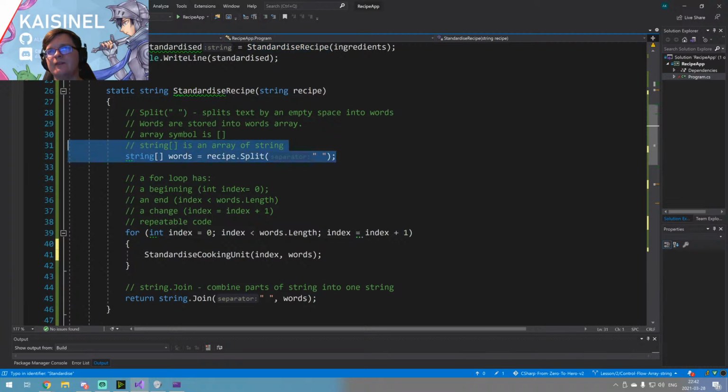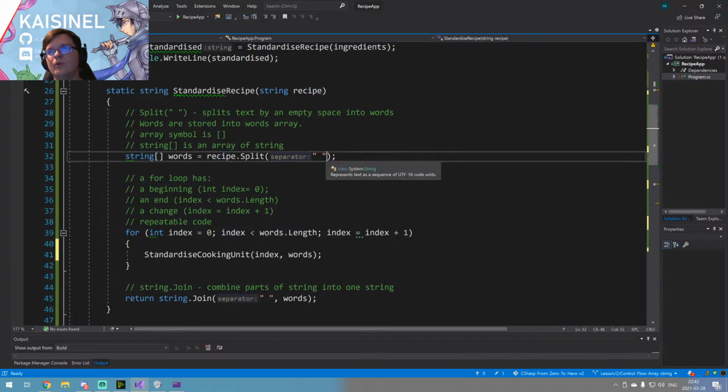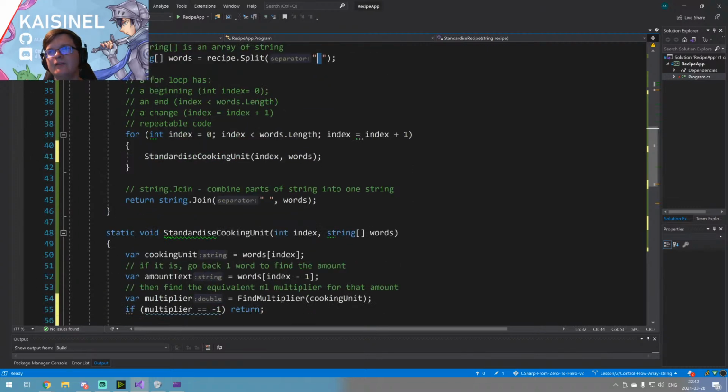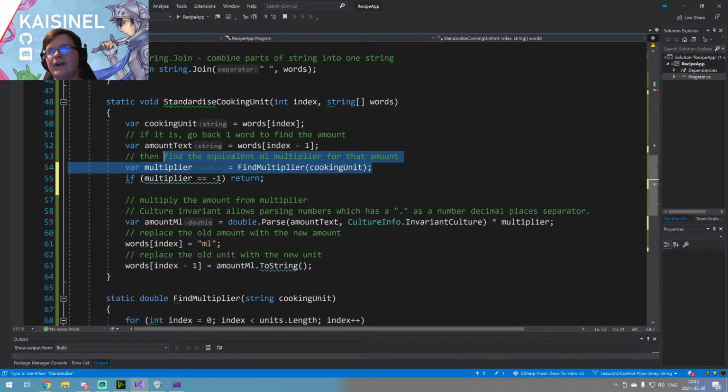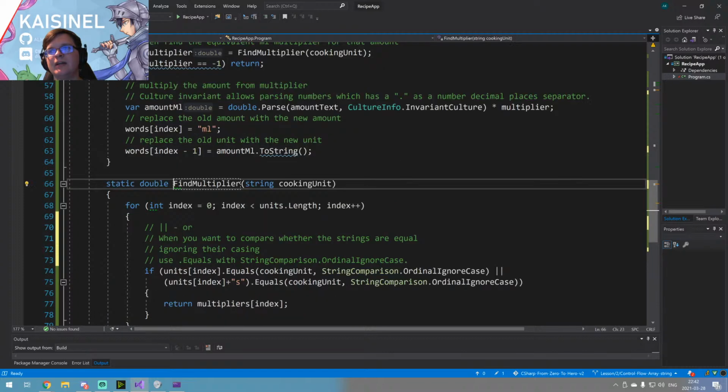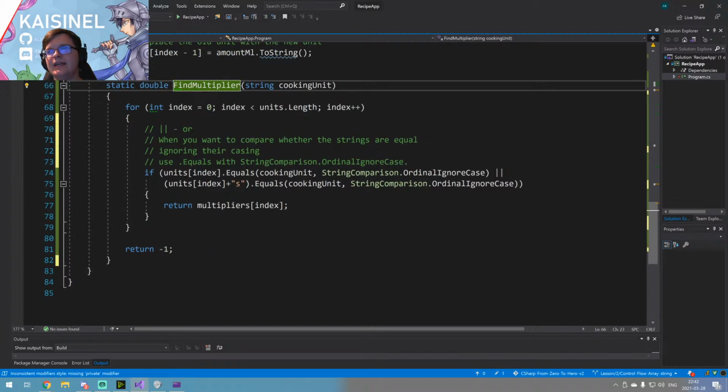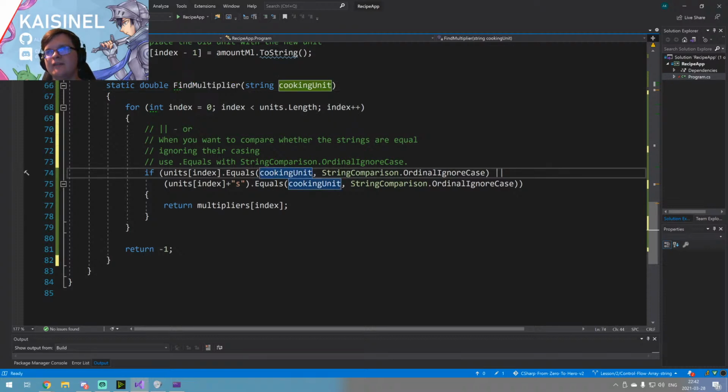So the first thing we do is we split the recipe word by word by splitting it through an empty space separator. We then try to standardize a cooking unit by first finding its multiplier. What does finding a multiplier mean? It means that the cooking unit, or the thing that we assume is a cooking unit,